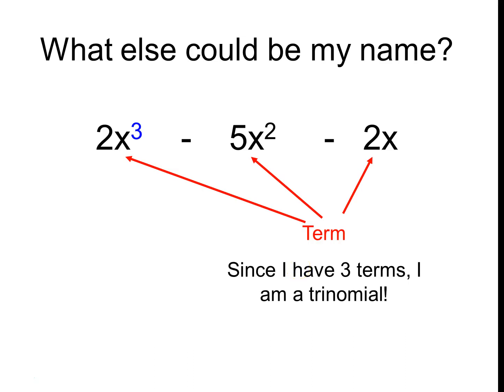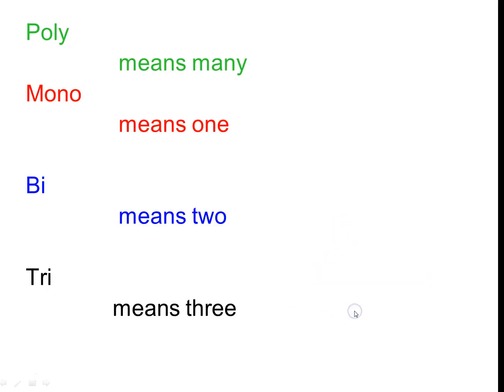All right, so what could be the name of this polynomial? Well, the name of this polynomial is, it has a degree of 3, so that's a cubic. But how many terms does it have? 1, 2, 3. If it has 3 terms, it's a trinomial. So let's discuss what those